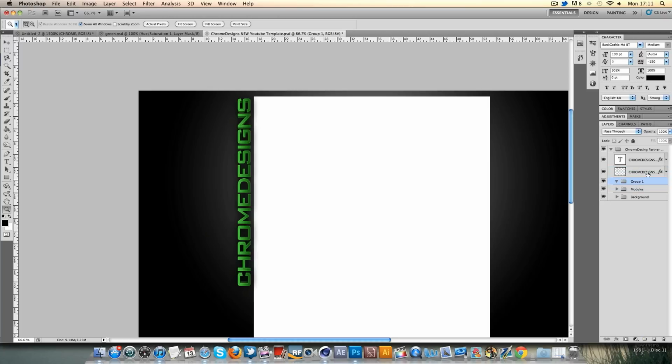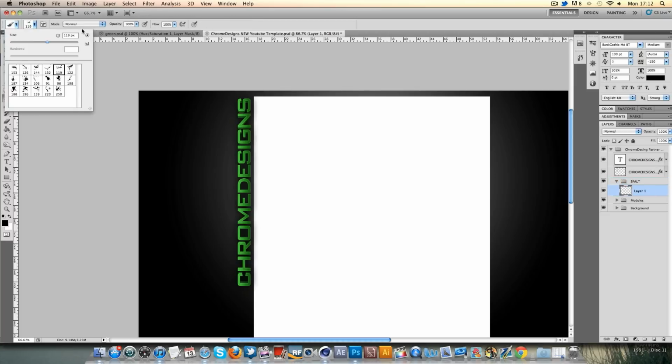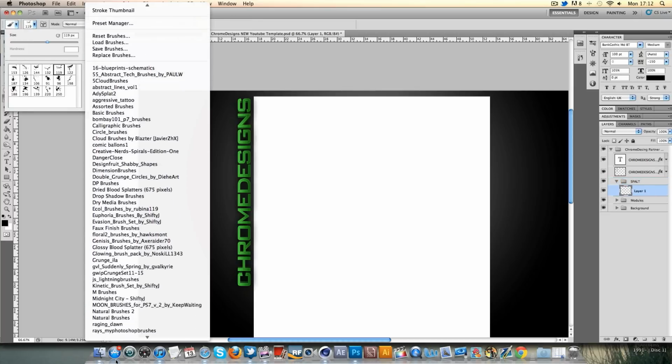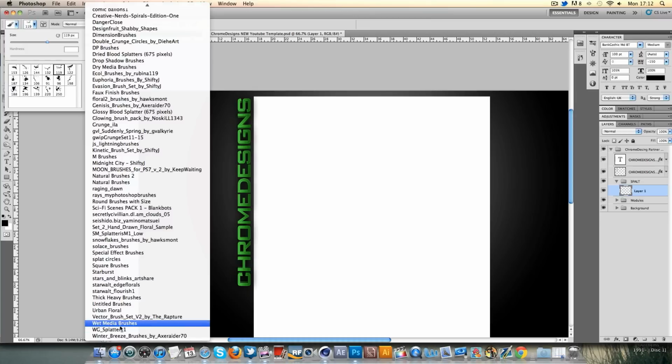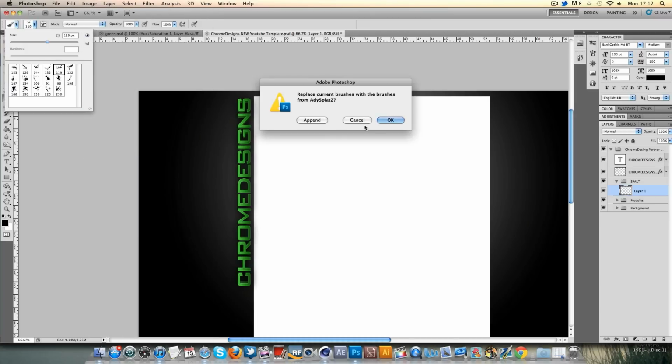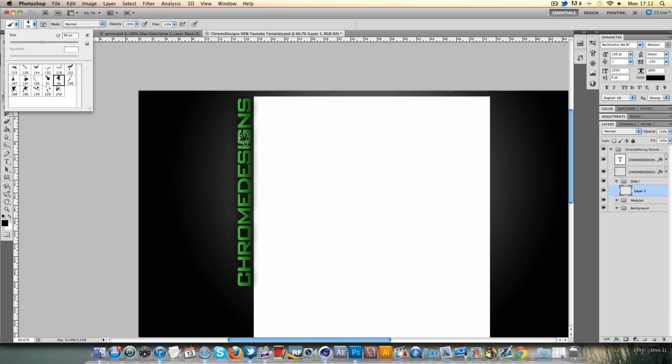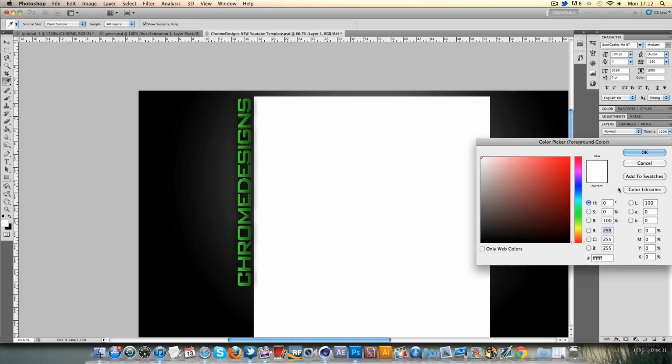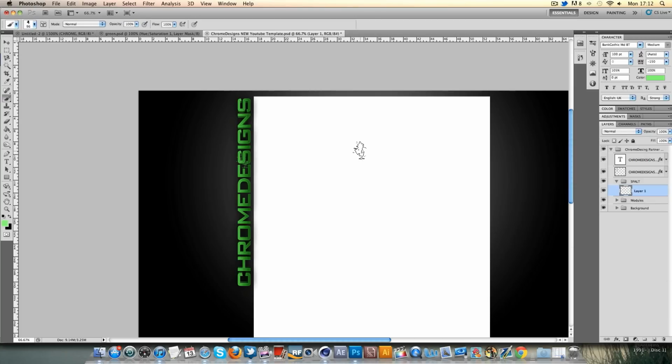So let's go ahead and make a new group anyway, and I'm going to call this Splat, I'll spell it wrong, doesn't matter. Create a layer in that, like so, and I'm going to go to brushes, go sideways, and these are all my brushes here. I don't even know what half of them are, so it's going to be a bit of trial and error. I think Addy Splat was quite a good one. Okay, I think this one I was just on. Yeah, that's okay. We're going to go ahead and change the colour to a kind of greenish, like so, and